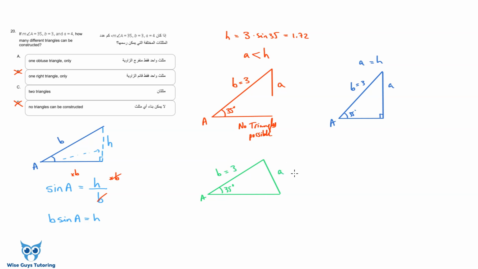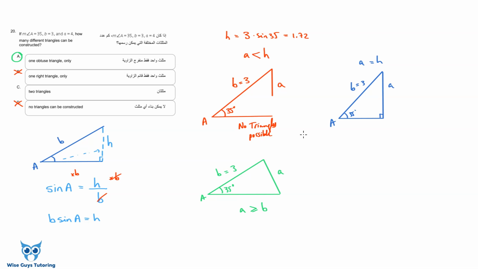Okay, so in this case, A would have to be longer. In this case, A is longer than or equal to B. So for our case, when B is 3 and A is 4, we are in fact longer than B. So in this case, one obtuse triangle is what you're going to get. So in this case, we don't compare it to H, we're actually just comparing it to B. So the answer is A, but just in case, I want to show you guys that fourth one, which is